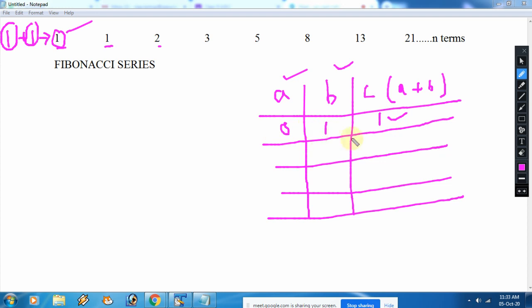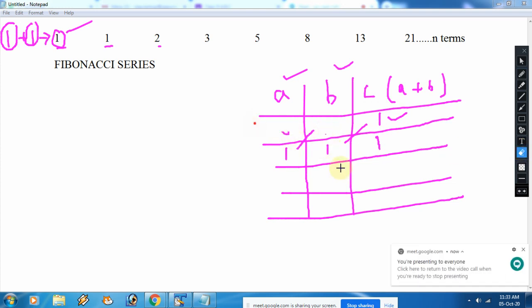But see, if you are doing some changes, like next time, here you want 1 again. So if you are shifting the value of B into A, A would be now 1, and while shifting the value of C into B, it would be 1. So 1 plus 1 is coming 2. So this is wrong, meaning the starting point cannot be this. So I am going to change. Please pay attention here.